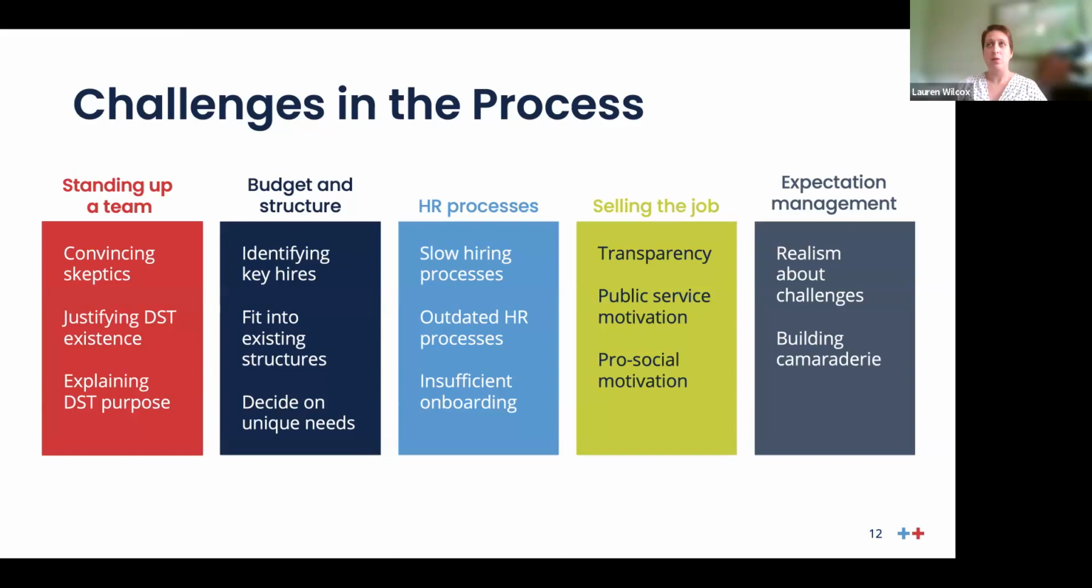Selling the job, our interviewees stressed the importance of making sure that candidates had a realistic view of what digital service team work was going to be like. They found team members were much less likely to burn out if they were transparent from the get-go, and they had high levels of public service motivation and pro-social motivation. That was one of the biggest themes that we found throughout our interviews,